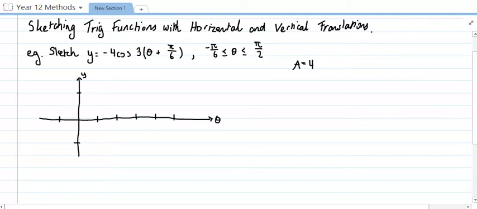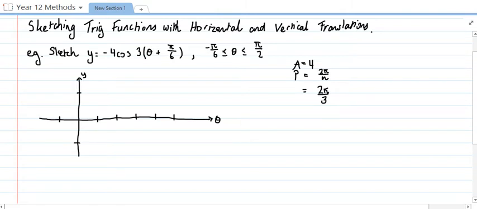It is dilated by a factor of 1/3 from the y-axis. So what that actually means is it's 1/3 as wide as it should normally be. But that's used in our calculation for the period. So again, it's a sine or cos function, so we do 2 pi on n. So that's 2 pi on 3, which doesn't simplify. So this has a period of 2 pi on 3, and again, this is using a really ideal domain for